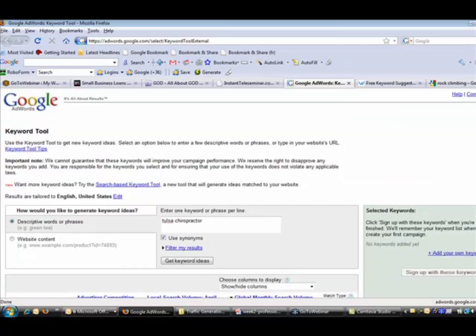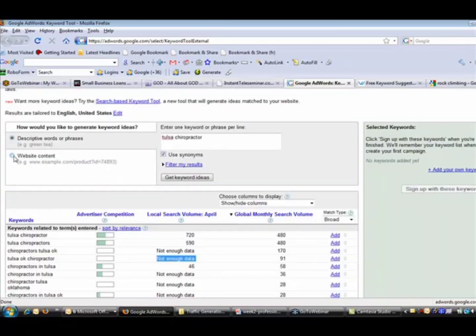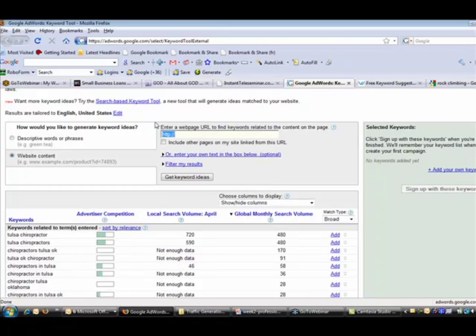And you're going to go to the AdWords keyword tool again, and there's an option here that says website content, and you're going to just plug in your URL there that you selected. In this case, it's rockclimbing.com. So just grab rockclimbing.com and include other pages on my site linked from this URL. So you could, as one strategy, include other pages on the site that are linked from this URL, because a lot of times a rock climbing site will link off to other rock climbing sites, just like a legal site might link to other legal websites, and things like that, because they offer similarities